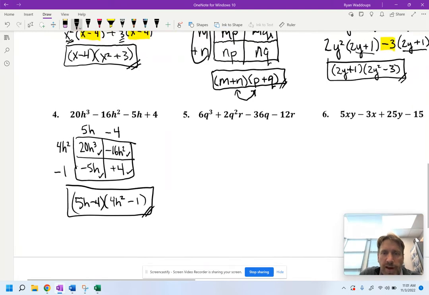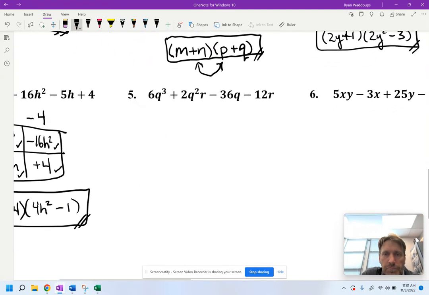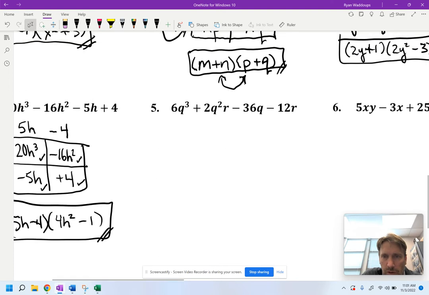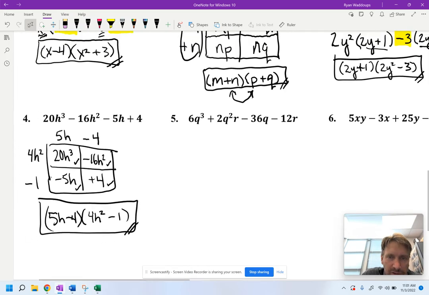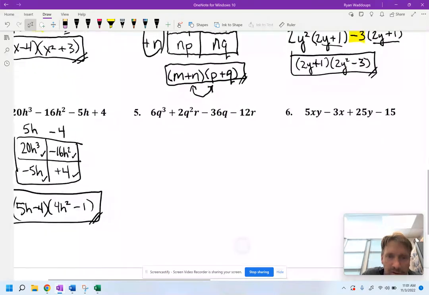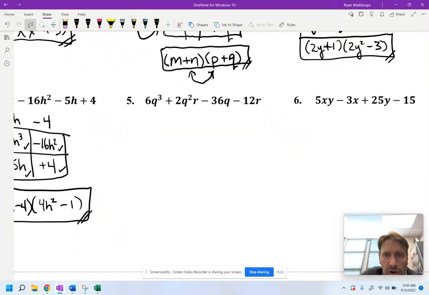All right, number 5. So before I start number 5, I want to go back to the steps, and the step says factor out any GCF. So if I look at number 5, those are all even. And so I think I can factor out a 2 out of each of them, and I want to do that. So I factor out a 2, and I get 2 times